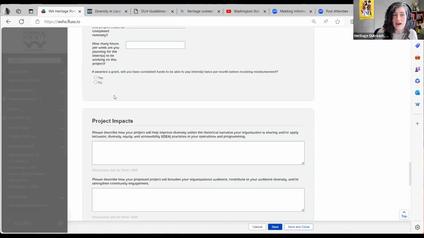We do ask that you confirm that you will have consistent funds to be able to pay interns twice per month before receiving a reimbursement. That's something we talked about earlier when we touched on grantee responsibilities, because that ensures that the type of grant this is will work with the project that you have.